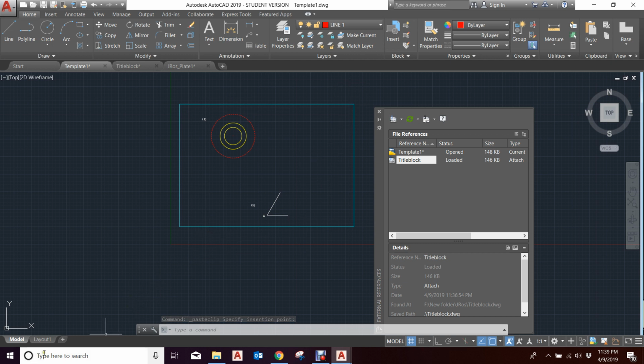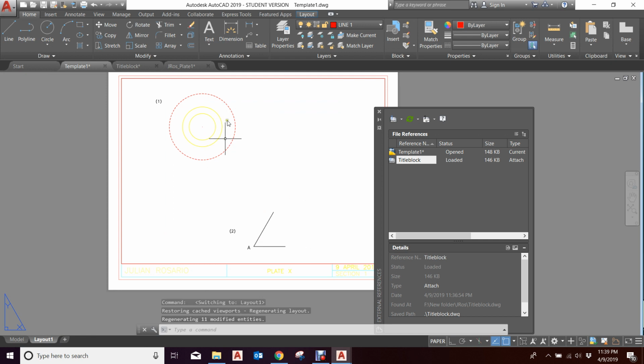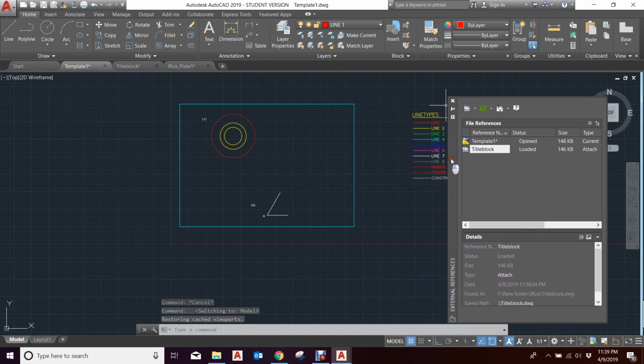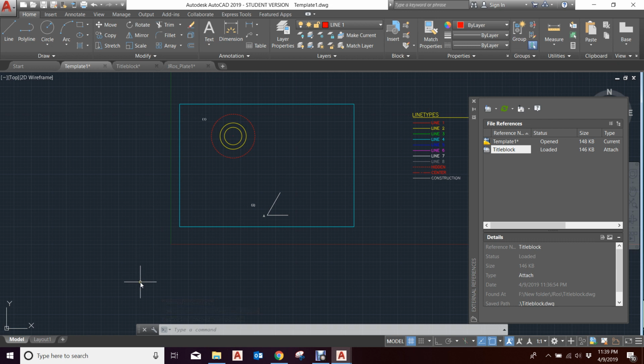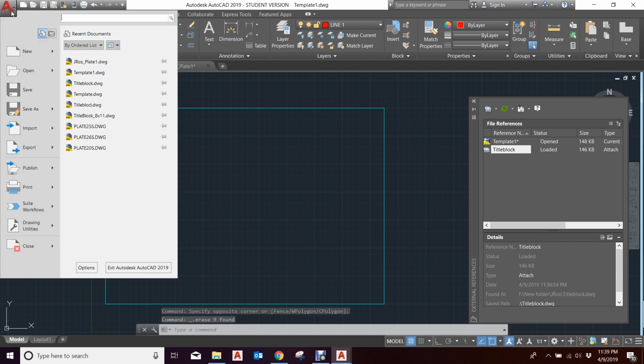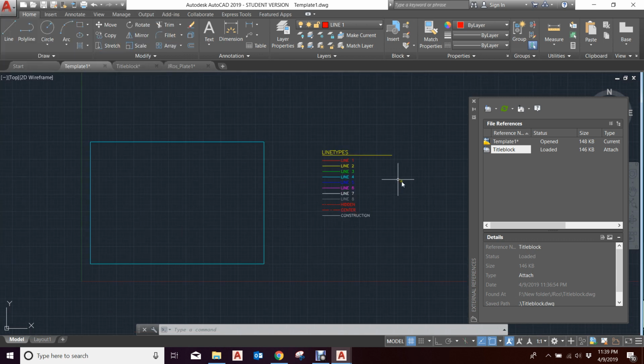And just for one last demonstration, you can also XREF. Well, first of all, let's save this. Okay. Let's get rid of that. And say so we have this box, and we have these line types, and so you save it as template 1. Place it yes. Okay,